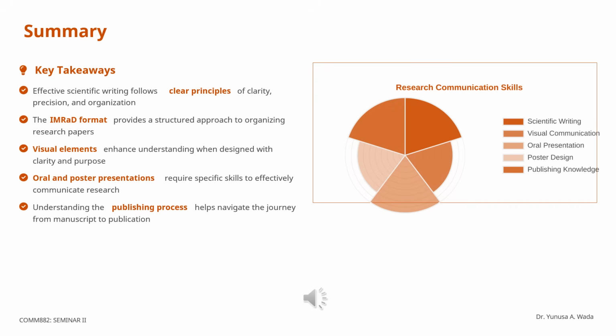So in summary for module 4, some of the 5 key takeaways include: one, effective scientific writing, following clear principles of clarity, precision, and organization. Secondly, we are able to understand the IMRAD structure that provides a framework for organizing your research paper. Then the use of visual elements like tables, figures, charts, and maps to enhance understanding, and how they can be designed